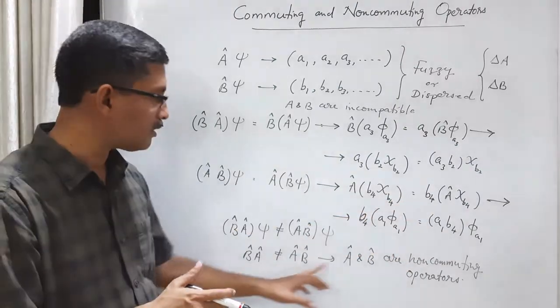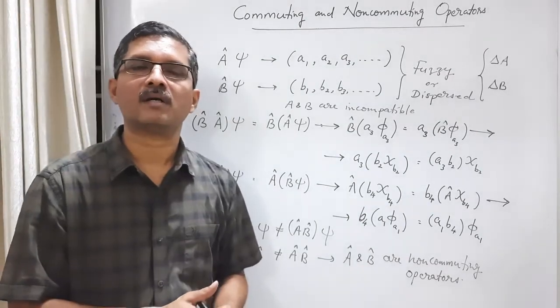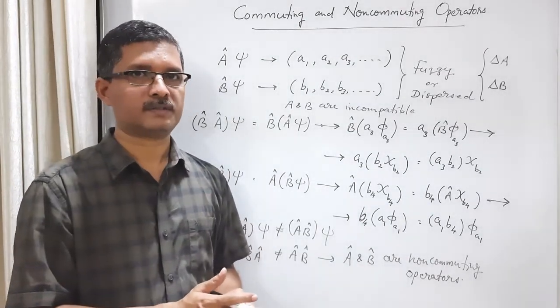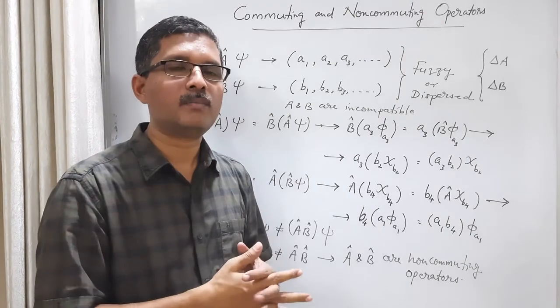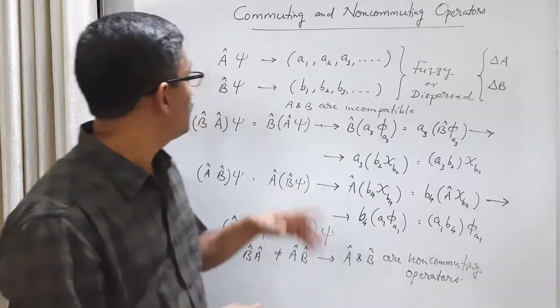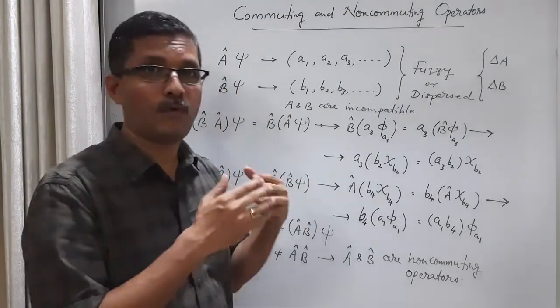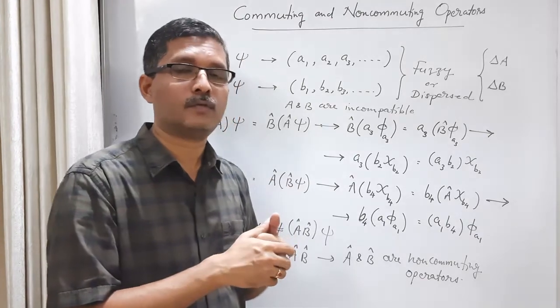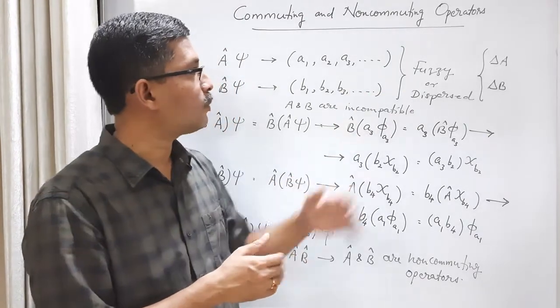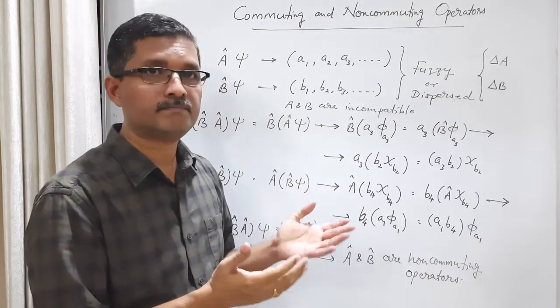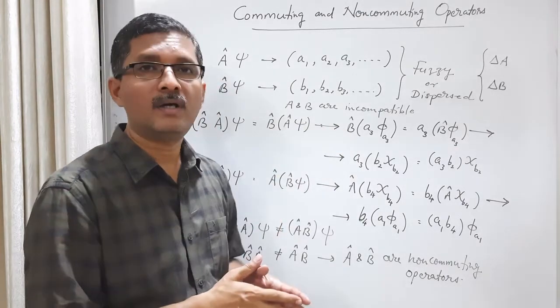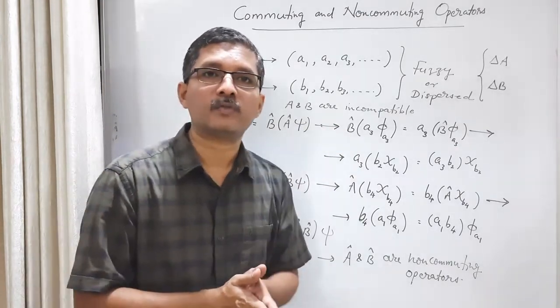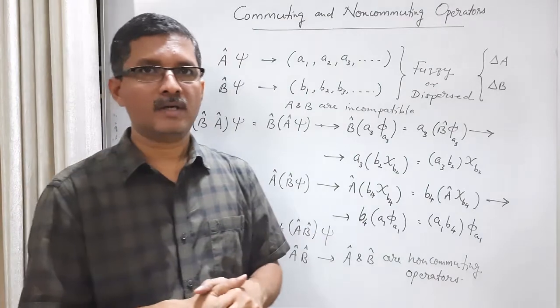That means there also the operators are non-commuting operators. What is an example of a state which is not an eigenstate of two operators, where both operators are fuzzy and they are incompatible? If we go back to the example of stationary states of hydrogen atom, consider a stationary